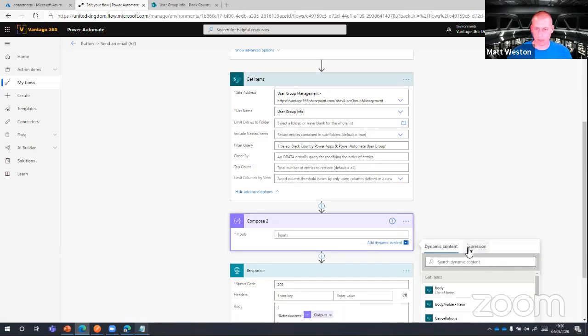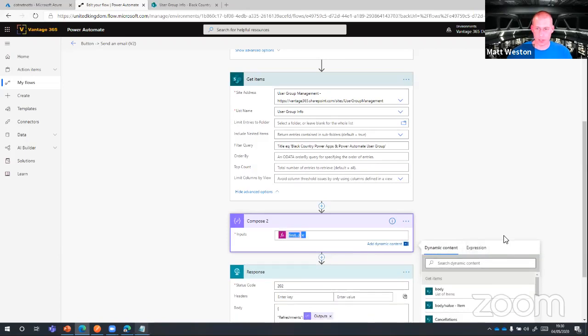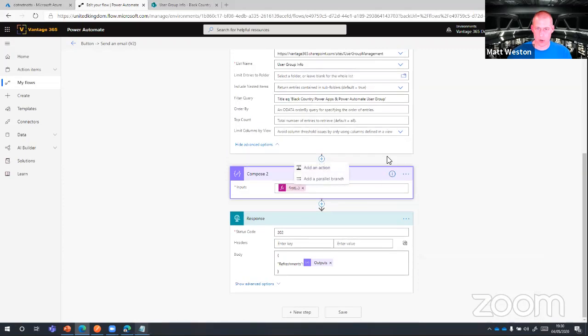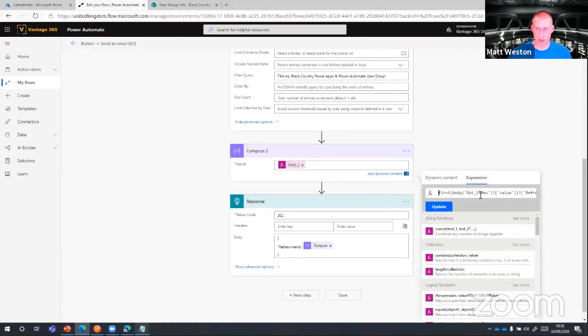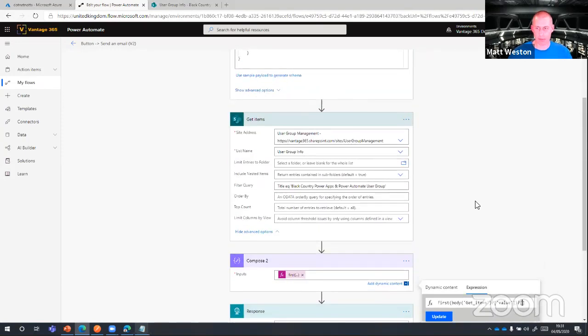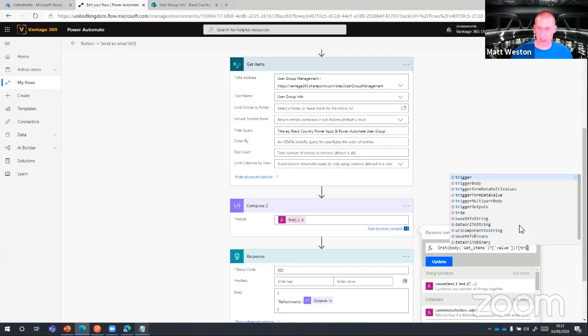Oops, didn't mean to do that. Let's go and select this. And you're not going to show me my expression. Ah, there we go. So rather than having here where it says refreshments and that's hard coded, what I could actually do here is type in a reference to my trigger. So I can actually use that further down. So if I say that in my trigger body, I'm going to go and get